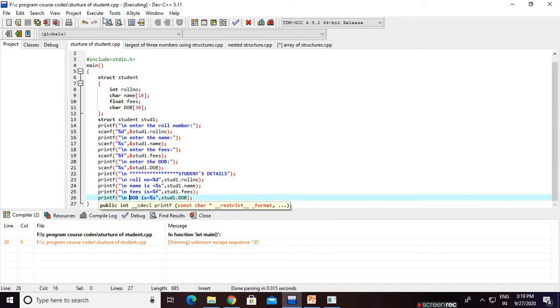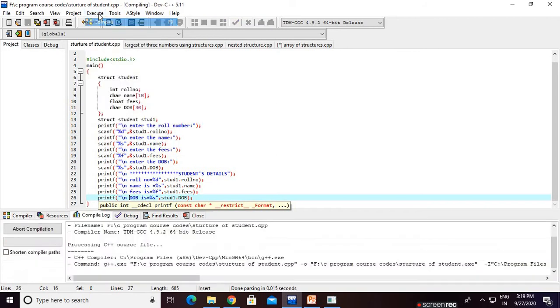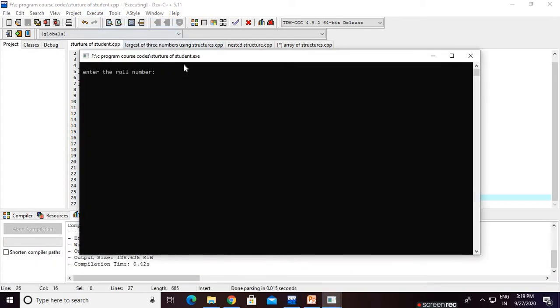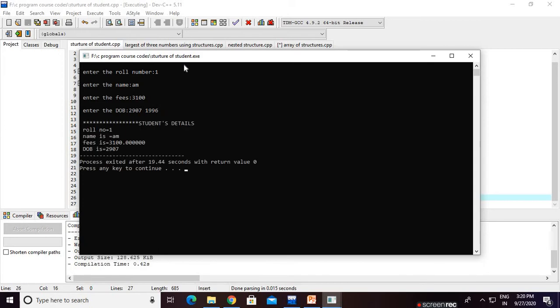Control S, execute, compile, and run again. Roll number is 1. Enter the name: AM. Then fees: 31,000. Enter the date of birth: 29/07/1996.